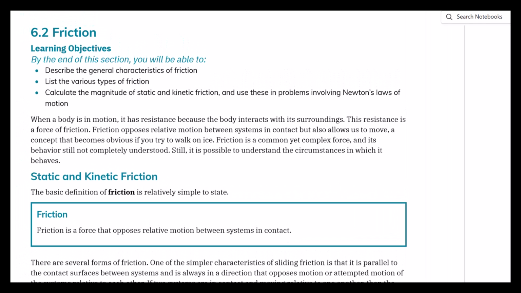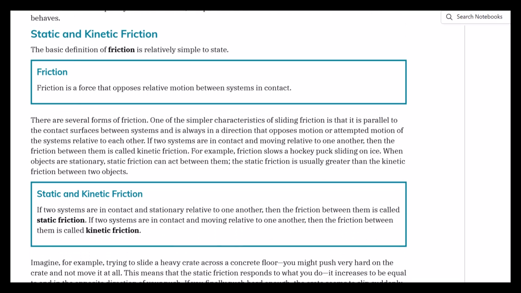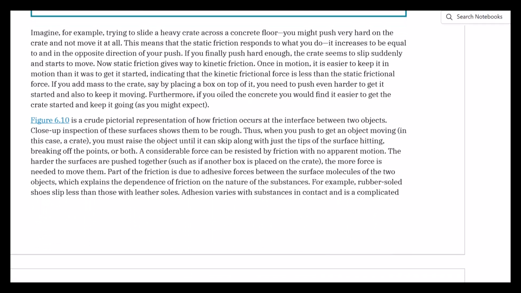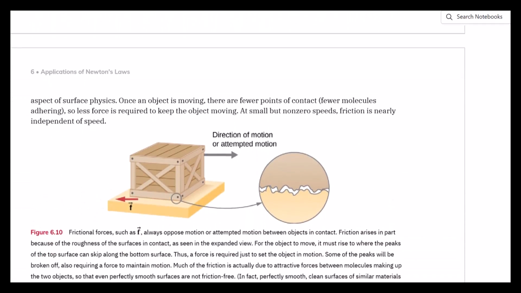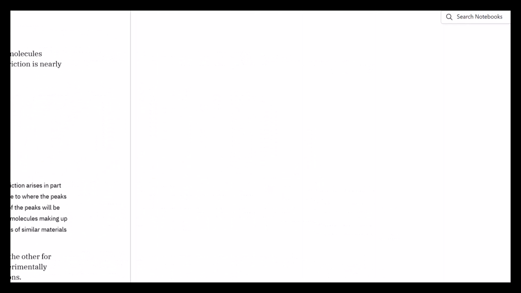Okay, here we go. Friction, yay! Friction opposes relative motion. We've kind of already talked about this. You have static friction when things aren't moving, kinetic friction when things are moving. This is in the previous videos. Something that's kind of interesting is, from a physics perspective,